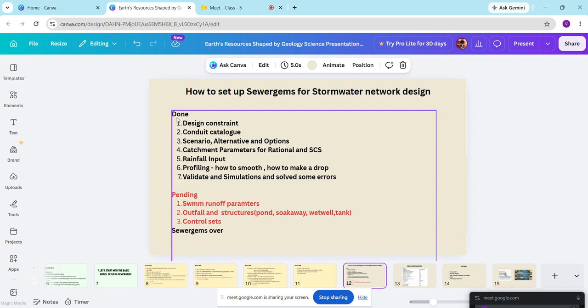So basically, to set up a normal stormwater network design, first we need to set up design constraints, then the conduit catalog and inlet catalog. Then we need to set up scenarios, alternatives, and options for the rational and dynamic methods. Then after that, we need to give parameters for catchments. If you are running the rational method, we need to give time of concentration and runoff coefficient. And if it is the SCS runoff method, we need to set up the runoff method as a unit hydrograph,